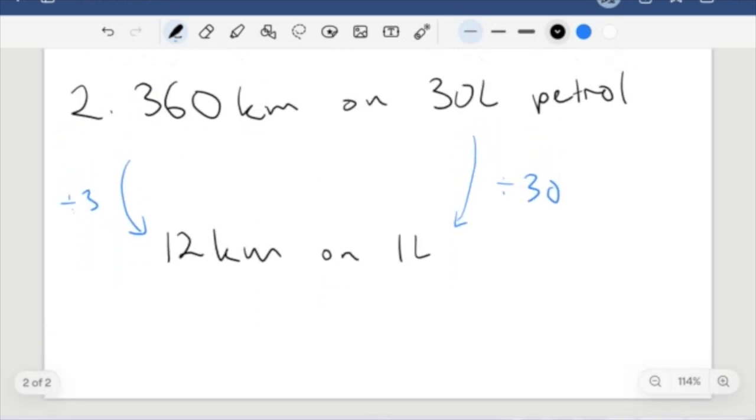And now from here, we can just multiply by 7. So we can multiply both sides of this by 7, and we get our answer, which is 84 kilometers on 7 liters, which is what the question asked from us in the first place. Okay, so